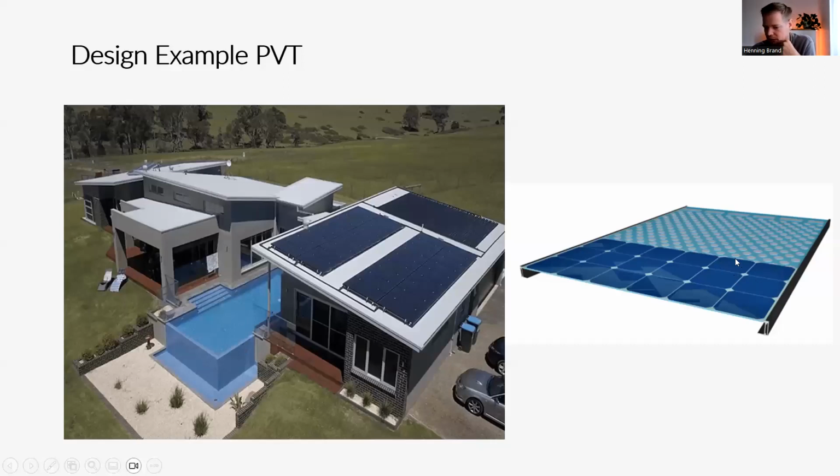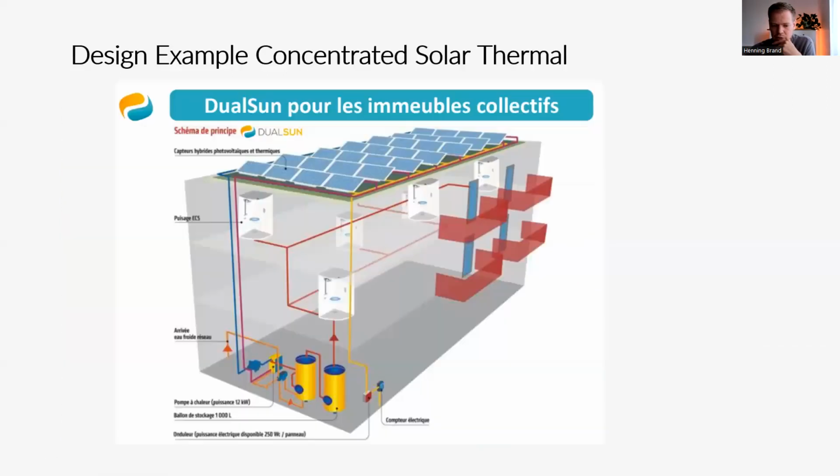And this is actually a technology, again, that can produce both electricity and heating at the same time. It's called PVT. So it's PV for photovoltaic, and T for thermal. So it's a hybrid collector that uses both energy sources at the same time. So here you see the same concept. You put it on the roof, you pump with the pump station into the thermal storages, and then it goes back up again, and the electricity is illustrated in yellow. So the electricity goes to an inverter, normally from DC to AC energy.